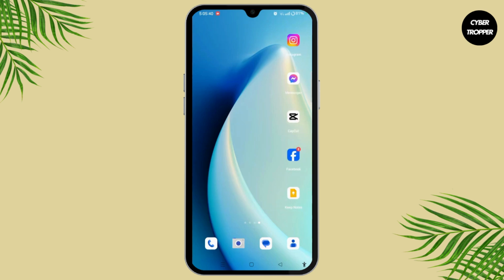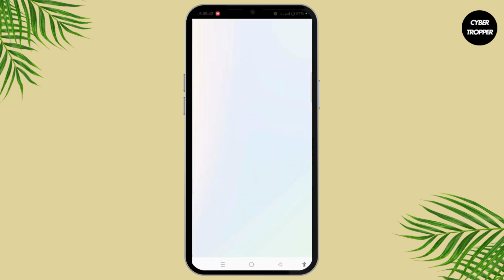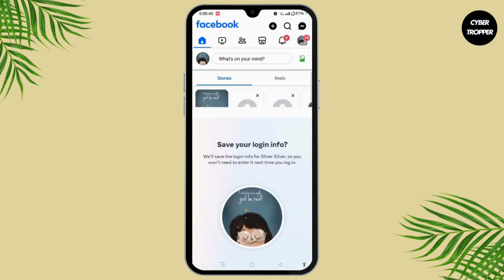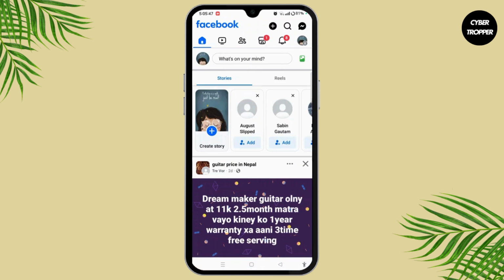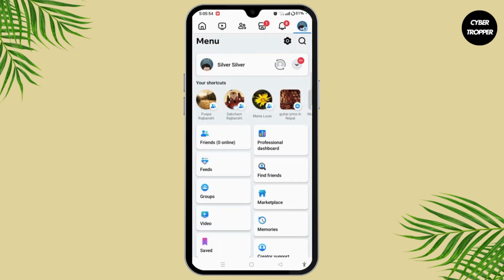Launch Facebook app on your device. Ensure to log into your particular account where you want to convert the Facebook account to page. Now tap the line bar icon at top right corner of the screen and go to your profile by tapping on